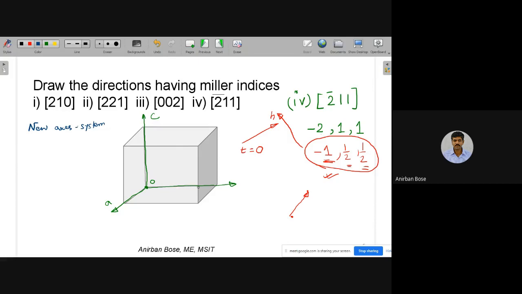Now tell me where we should shift it. It is clear that only in the x direction it is negative. That means only in the a direction it is negative. In the b direction or in the c direction it is positive. So you need not shift the origin in the other directions. So only in the a direction you shift the origin. We will shift this origin from here to this new position here. Now this will be our new A, our new B, and new C.